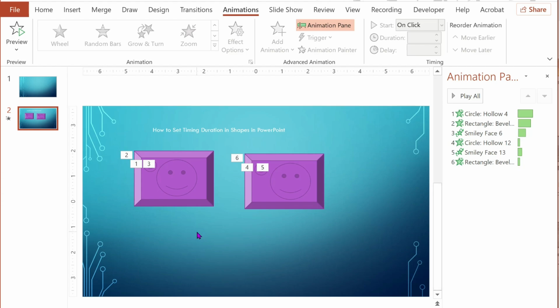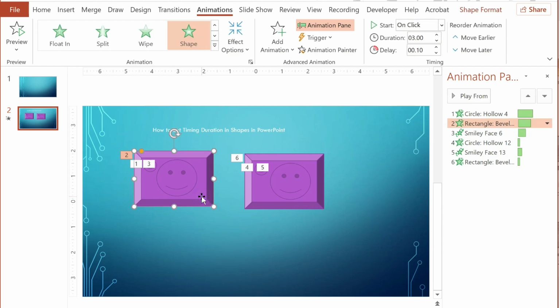So in the first method you need to select the shapes that already have animation applied on them, for example this one, and then click on the Animation tab in the top ribbon and look toward the right side of the ribbon for the Timing group. Look at the Duration box, and if you want to make it slow, increase the time, like 4. If you want to speed up, you need to decrease the time